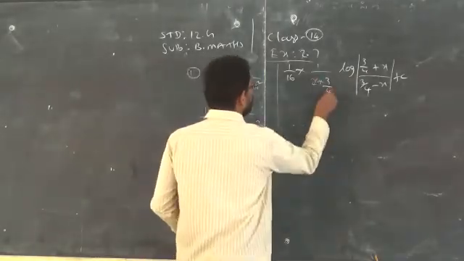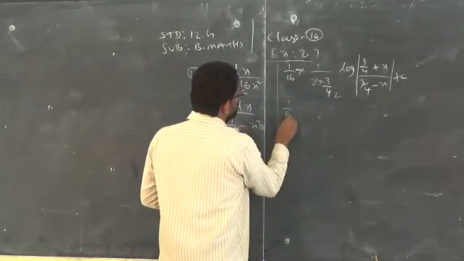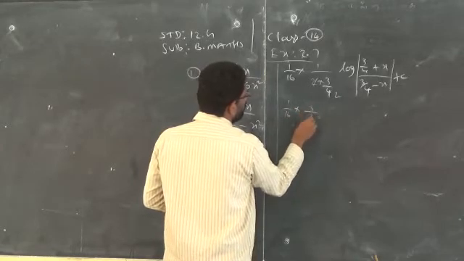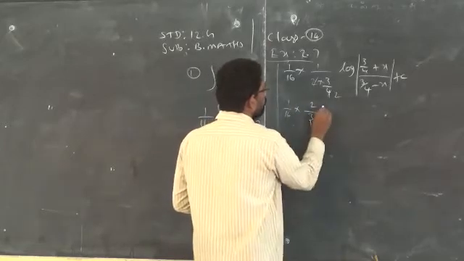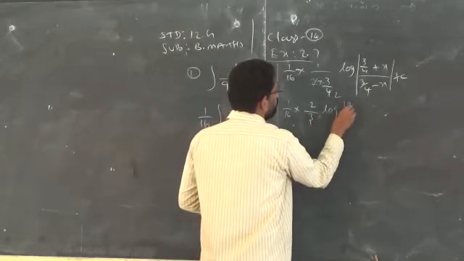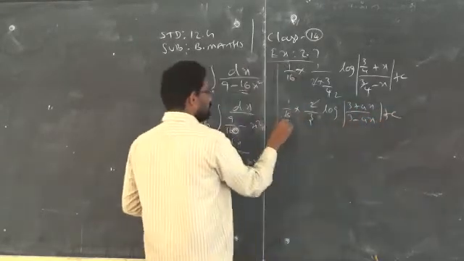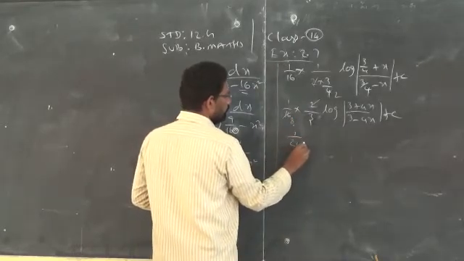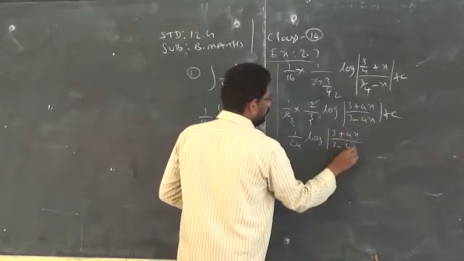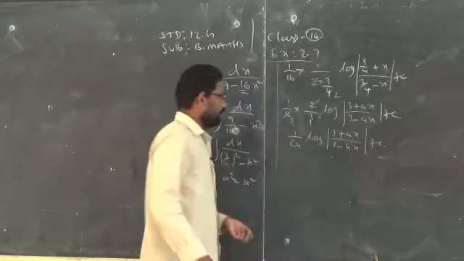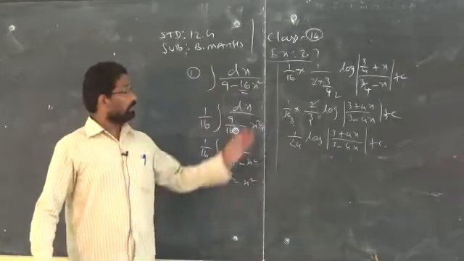So be careful. Now we can cancel these two. Then what will be the answer? 1 by 16 into denominator goes to the numerator by 3. This will be 2. 2 by 3 log of, as usual you know, this is 4 plus x, this is 3 minus x. Now we can cancel 8. So we will get 1 by 24 log of 3 plus 4x by 3 minus 4x plus c. Clear? Once I missed 1 by 16, I got a different answer, the previous one. So rectify it and do it.